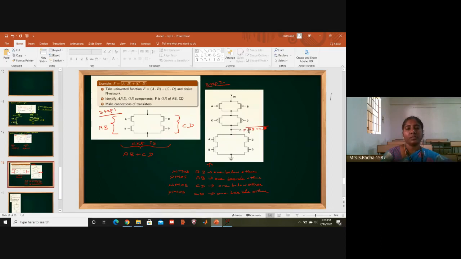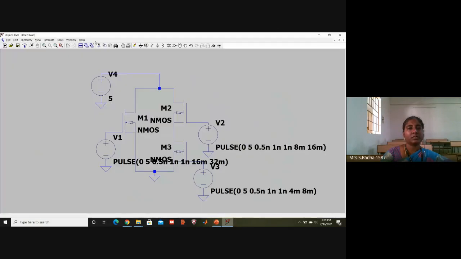Center point. If only the lower portion is there, without invert, this is the point where we will take the output. So I have to remove this portion. This is the point where I will be taking the output.